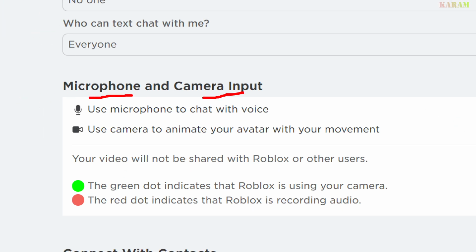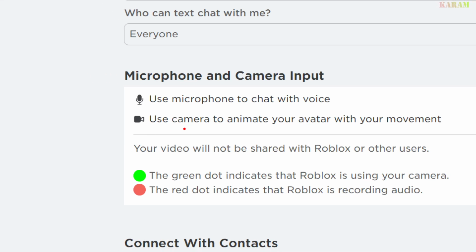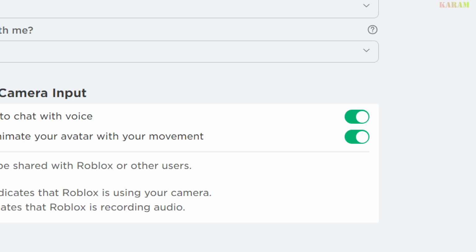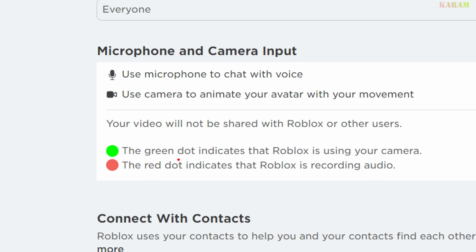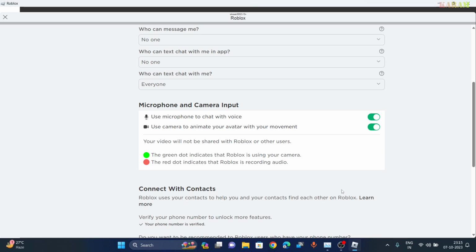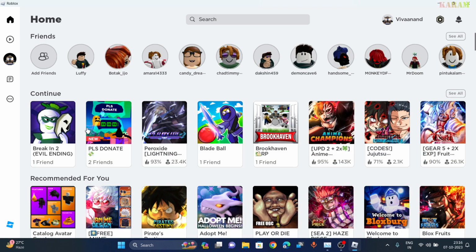Microphone and camera input, as you can see. So to get face tracking, you have to enable the second permission, camera, by clicking or tapping on this toggle button. Once you enable it, the green dot shows that Roblox is using your camera. Once you enable it, you just need to come out of this and now open